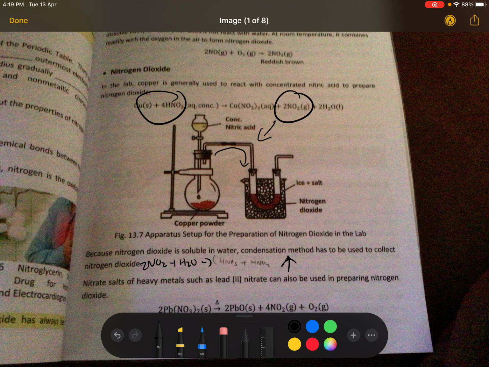Wait, I think it makes sense now. Okay, normally if you're in the sky, the cooler it is, the water vapor will condense and become liquid, so it'll become water, if you get what I mean. Condensation method is